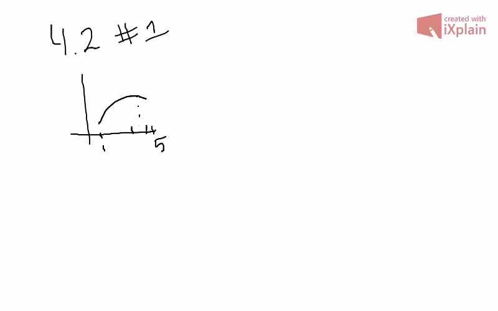Alright, so we're on to 4.2 here. We're going to go ahead and start out with number 1. Basically, we're just trying to find all the critical points on these graphs here and see which ones are maximums or minimums. Okay, so I think we have a global maximum at